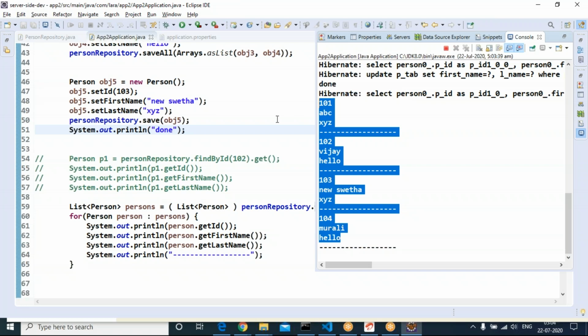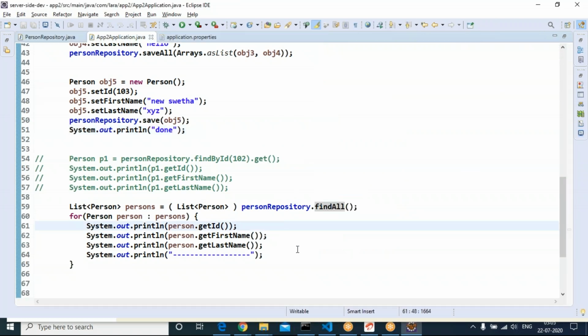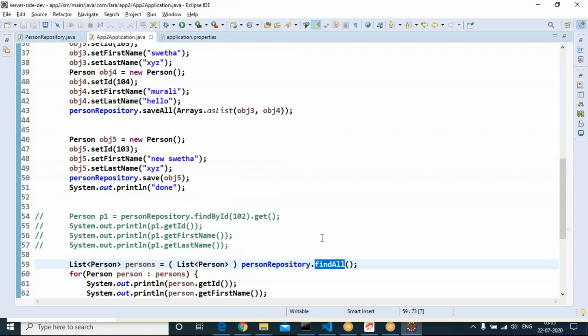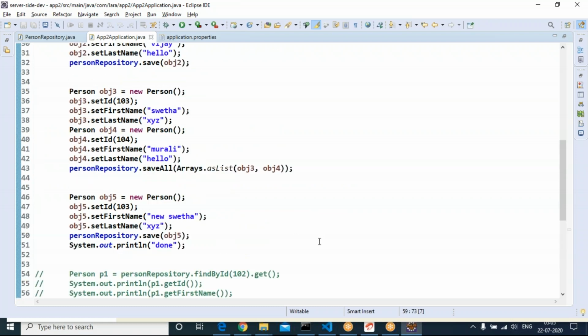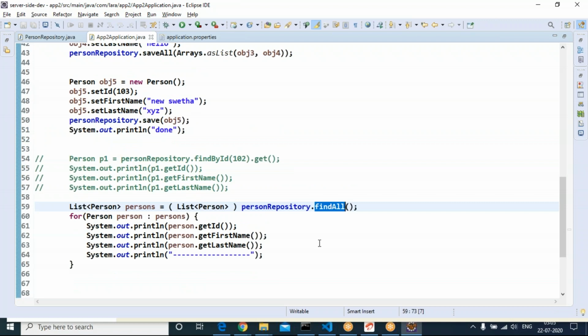Then the reading operation can be done by using finder methods: findById, findAll.